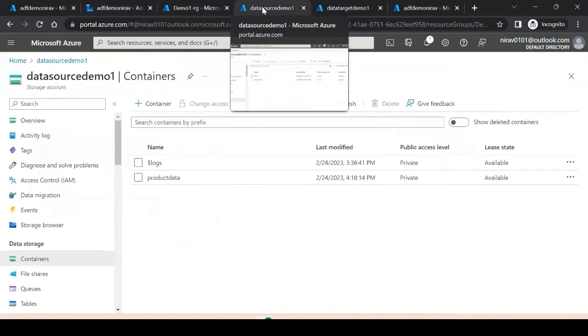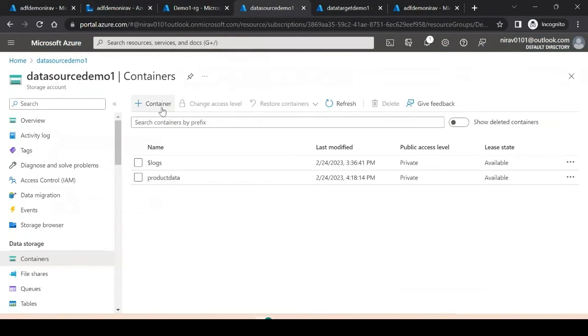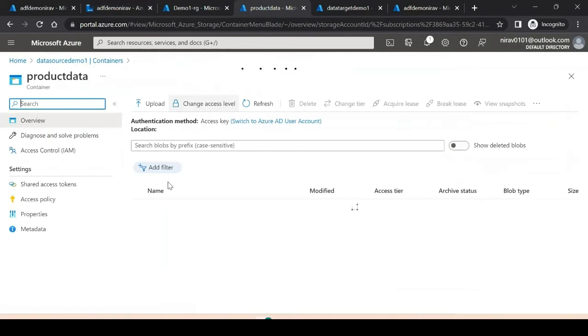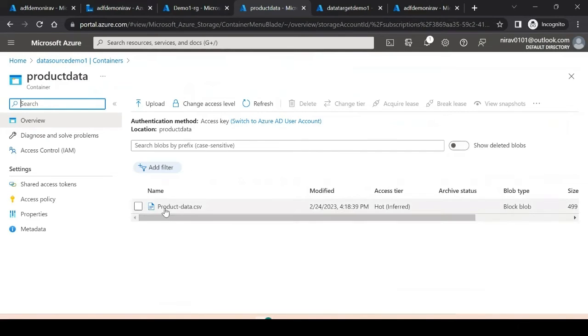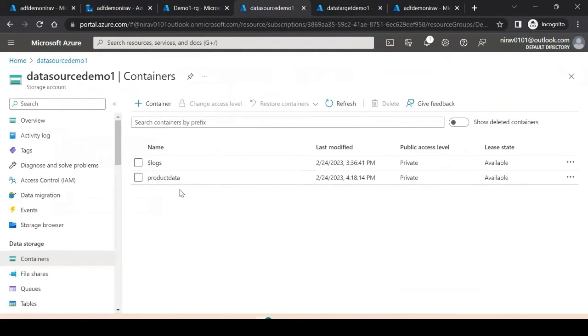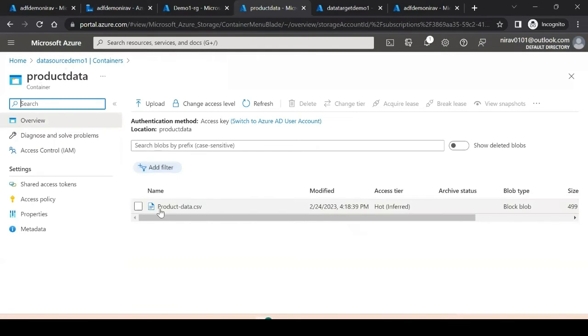What we will do is upload one file from here. You see, currently it has one file, product. We have one container, product data. What is a container? Kind of the same as the name suggests. It is a container where you can keep files. The product data container has one file, product-data.csv.